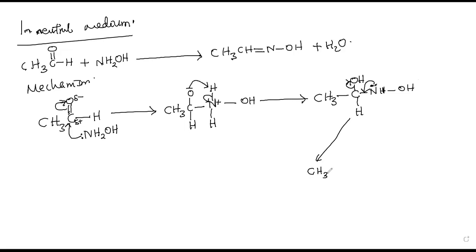CH3, then CH, then a double bond, then N, after losing electrons, became positively charged. Then H, then OH. Right, then the OH that got lost, this OH, is now coming to come to hydrogen as this bond on hydrogen stabilizes the nitrogen to form